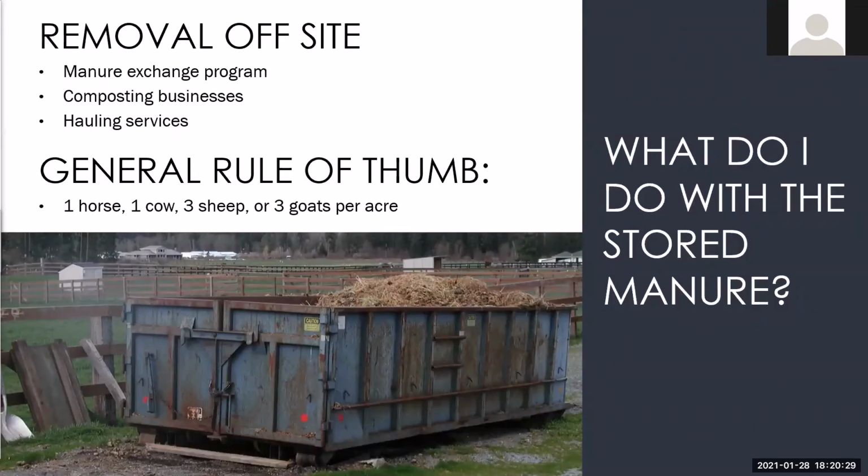So if removal offsite is something that is interesting to you, there's a few different options for doing that. Pierce Conservation District does have a manure exchange program. And in the resources that I'm sharing at the end, there's actually a great little video to tell you more about it. But that can be an option if you don't have a huge amount of manure that you're trying